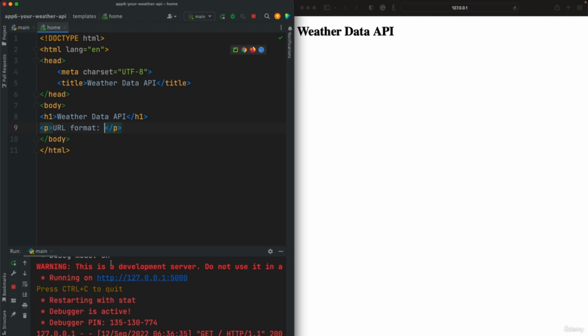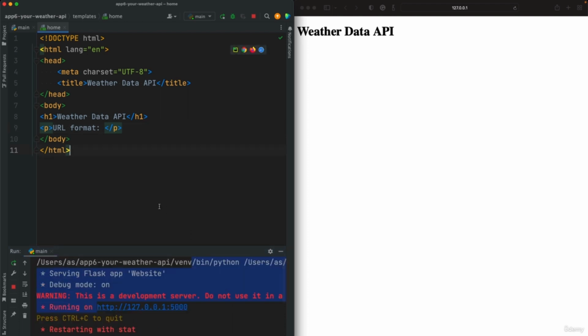But for now, our domain name is this locally. So we want to tell the user something like, I'm copying this HTTP URL. So we want to tell the user that the URL format will be something like this,